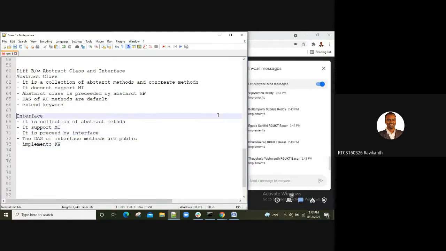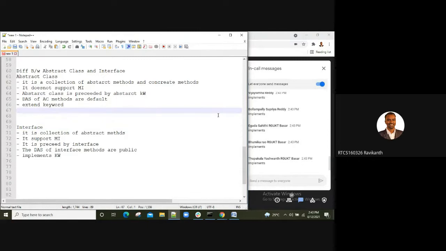With respect to constructors also, yesterday I gave you the last example. Inside an abstract class, we can take a constructor. Whereas inside an interface, can we?